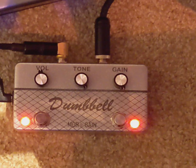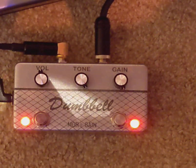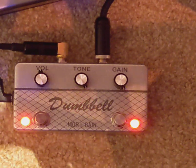But for today's demo, I did something I almost never do, and I put the Duchess in voice 1, which is more of a Fender-style, cleanish kind of sound, minding the fact that I do have EL34s in the amp, so it's still got a bit of a British touch, and it is a British amp. Voice 2 is going to be more of a Marshall-y sound, but in the interest of not making the video an entire 20 minutes long, where most folks are just tuning out going, nope, I don't want to pay attention to this anymore,